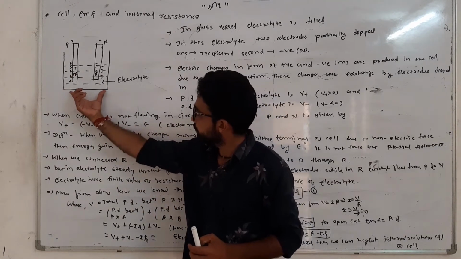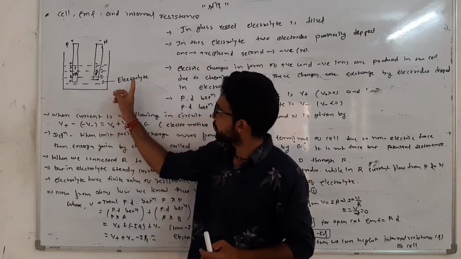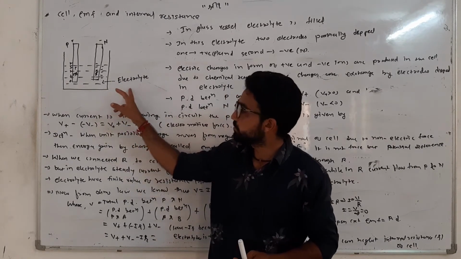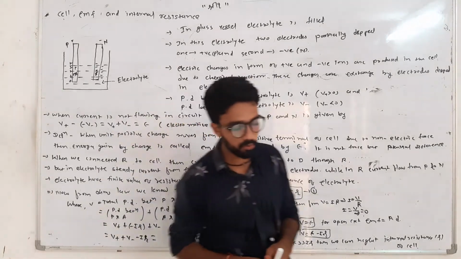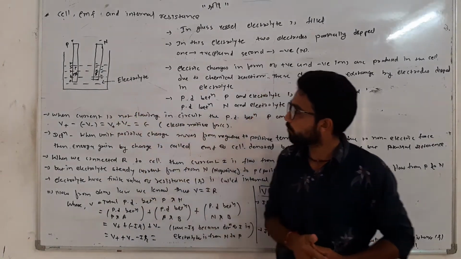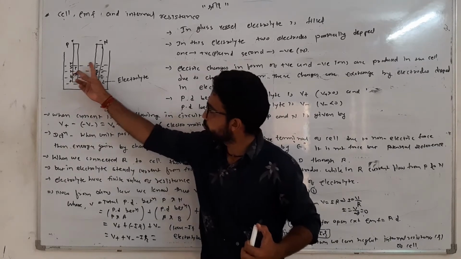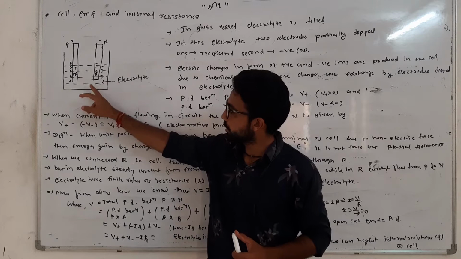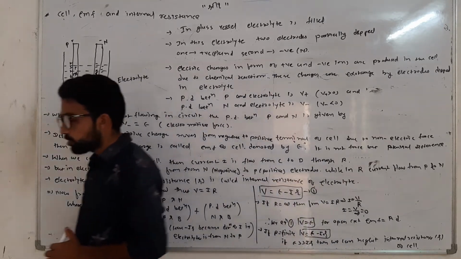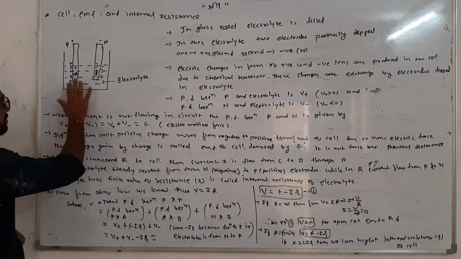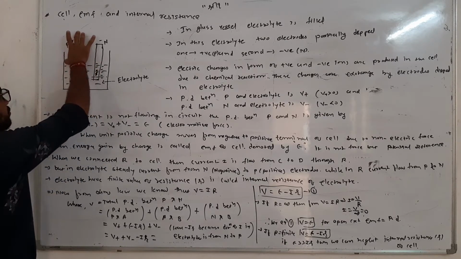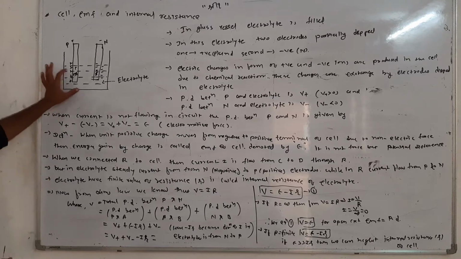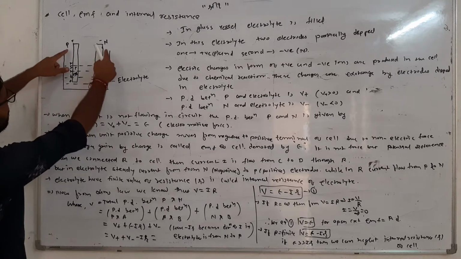First of all, you take the glass vessel in which you fill the electrolyte. This is the conducting solution in which some chemical reaction takes place and positive and negative ions are formed. Then you need two electrodes dipped partially in the electrolyte. The electric charge formed in the form of positive and negative ions can be exchanged by these two electrodes, and these electrodes become positive and negative. So that means some potential difference will be developed between the two electrodes.